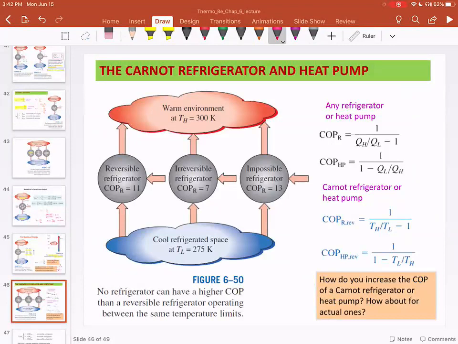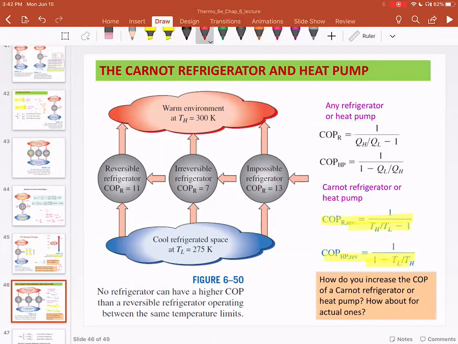If you have a Carnot engine and you reverse it, it becomes a Carnot refrigerator. So the equation for the COP of the Carnot refrigerator is given as this, and the equation for the Carnot heat pump